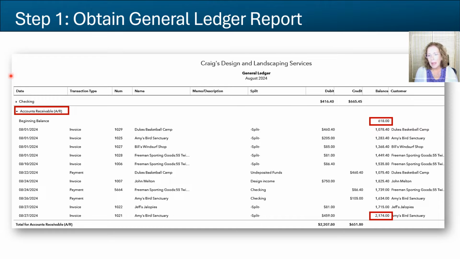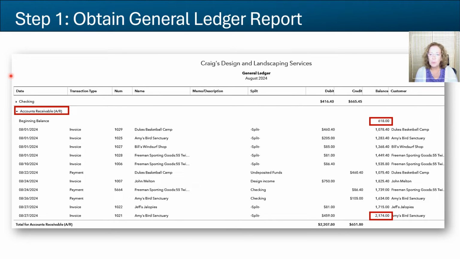Now that you know what the high-level process is, let's talk about the process step by step, beginning with step 1. The first report that is needed to prepare the balance sheet account reconciliation is the general ledger for the balance sheet account you're reconciling. You'd obtain that GL report from the company's accounting system. Ask someone on your team for the query or report you have to run to get the general ledger report for this account if you're not quite sure where to find it.